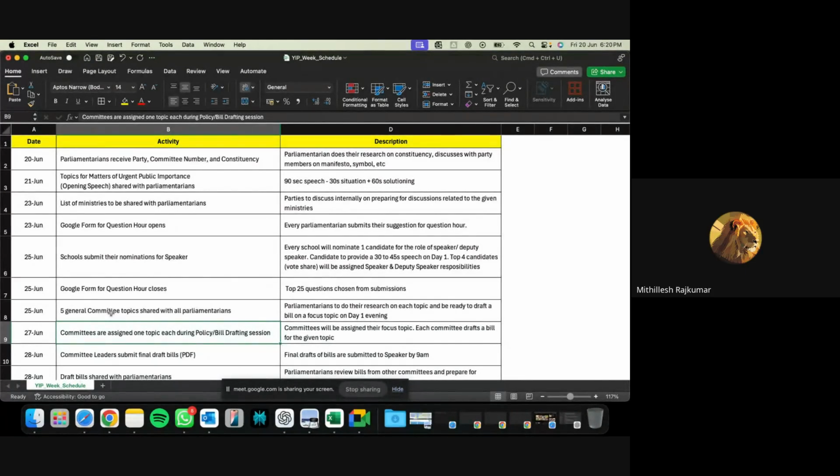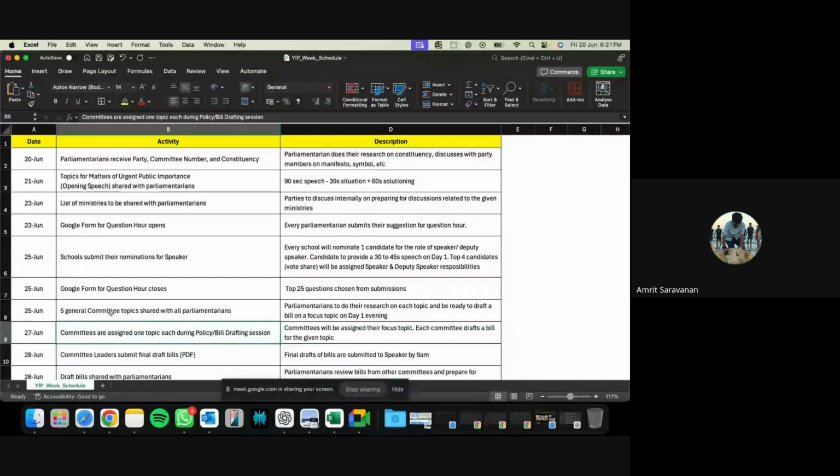Sir, if there's a discussion about a topic like finance in the debate and discussion part, would only the finance minister from the ruling party be able to answer the question, or not? Once the ruling party is formed, the ruling party will discuss amongst themselves how they want to take the question. So this is again something they have to decide.